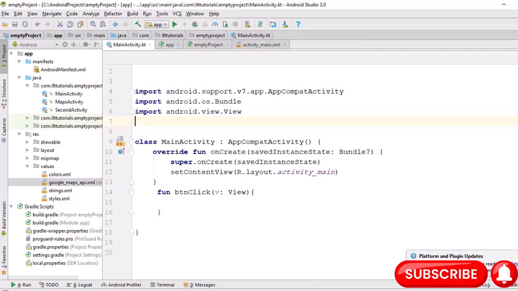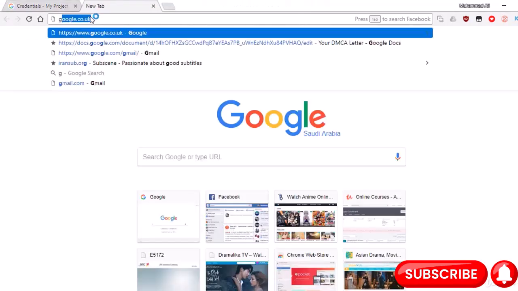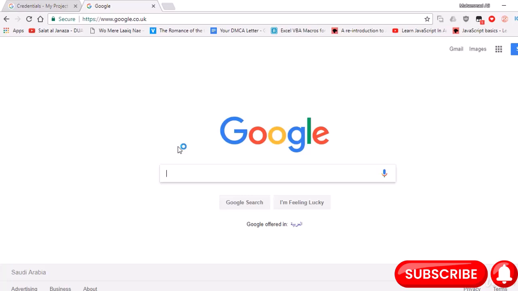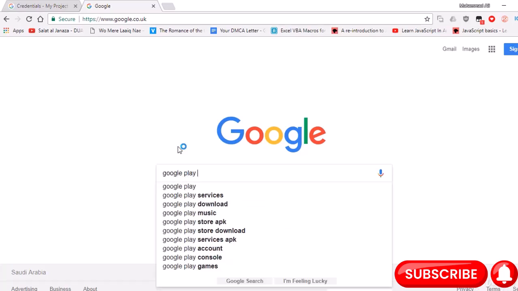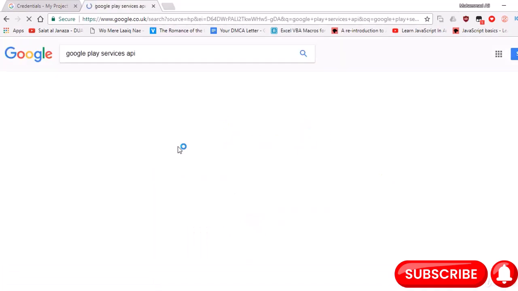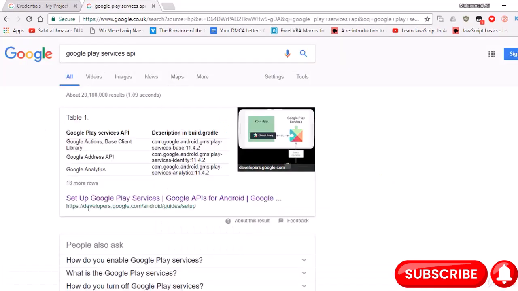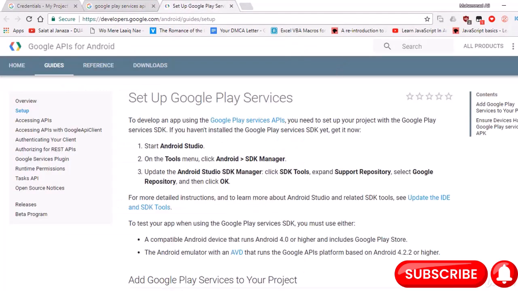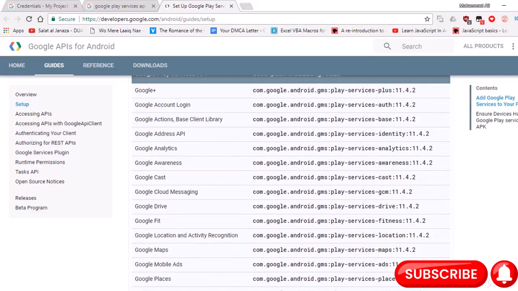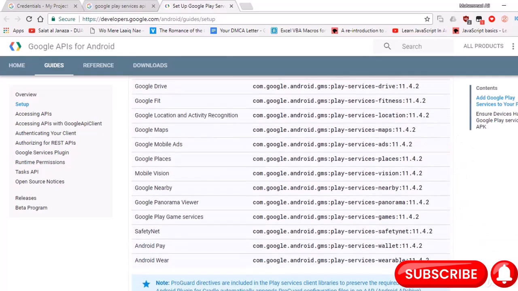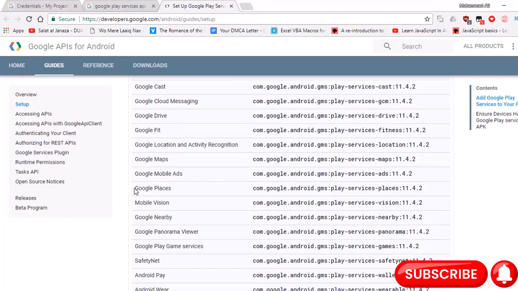Now the second step is that you need to go to Google, search for Google Play Services API maybe. Once you are here, you need to click on the first link that you get, and from here you need to go down, and here you see a lot of APIs in here. The one we want is the Places, sorry, this is the Google Places. So we copy this